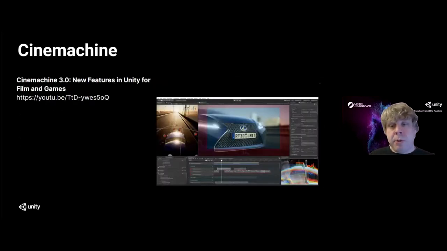Cinemachine, this is our procedural camera animation system. You can set up all the cameras rule-based, like, what is it supposed to look at? Give it some camera shake, give it some follow, make sure it looks at this, but also give it some rules where it has a little give and take. So the point just doesn't lock and follow, and it gives it a procedural, handheld feel. And it has no keyframes.